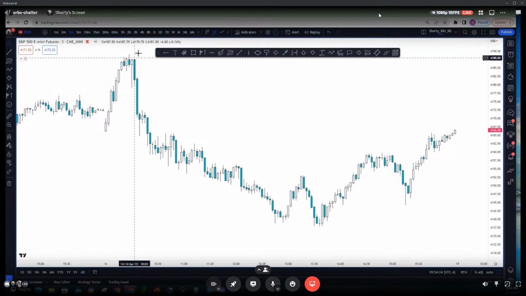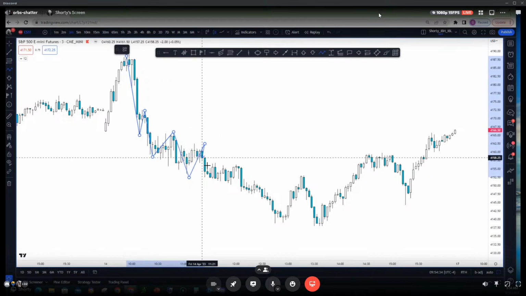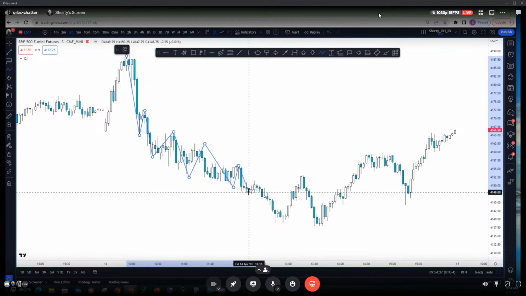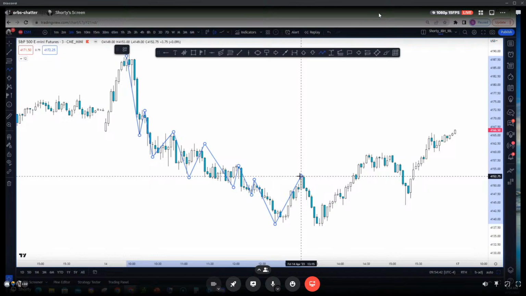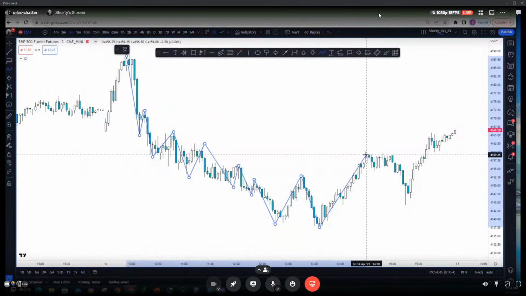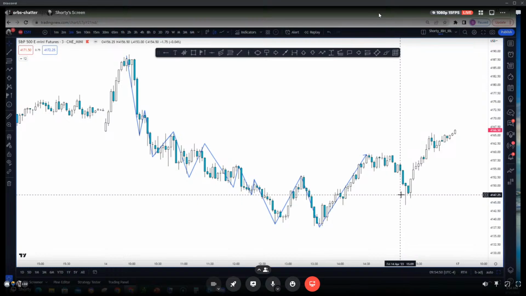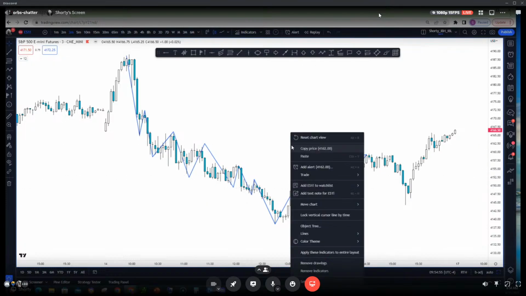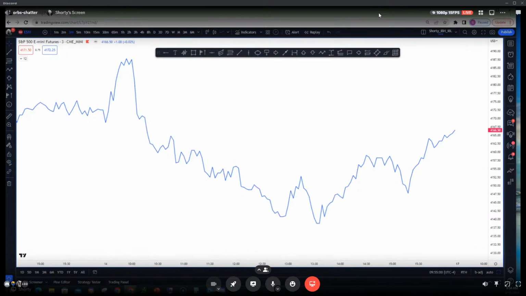So let's follow the trend. Oh, my mouse is very sensitive. You have higher high, lower high, and then you have a lot of compression, like a lot of tight movements. I'll give them this one. And then what happens? Right there. Yeah. Where's the change of character? The peak between the 13 and 13:30. Now you got it. So now if you struggle to see it, does this make it easier?